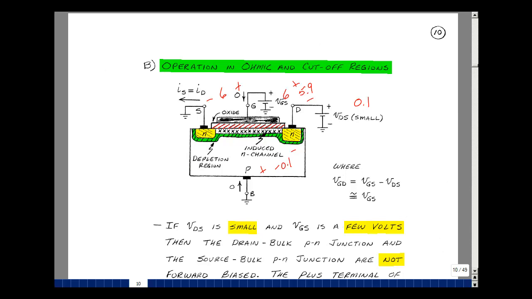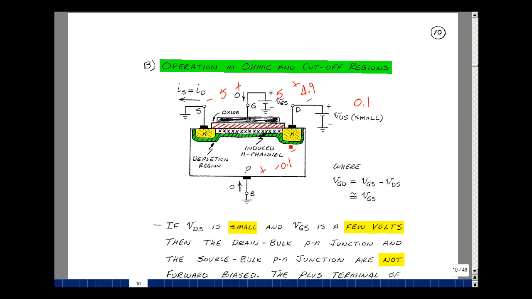What would happen if I were to make this voltage smaller? Suppose it was 5 volts. And that would make this 5 volts. This would be 4.9. Still have a reverse biasing, so I have a depletion region. But now my induced channel is not going to be as deep because I don't have as big a magnet here. It's going to be harder for an electron to flow and come back again, so the resistance is going